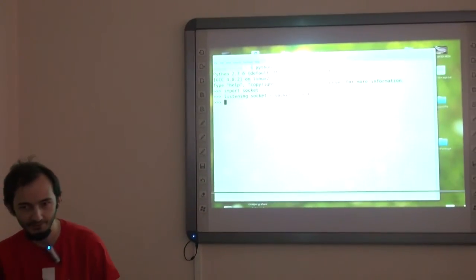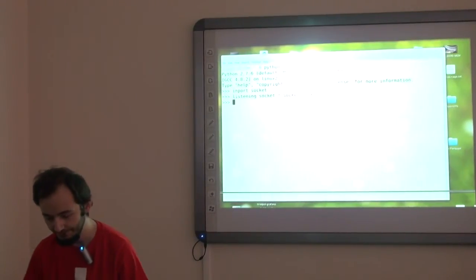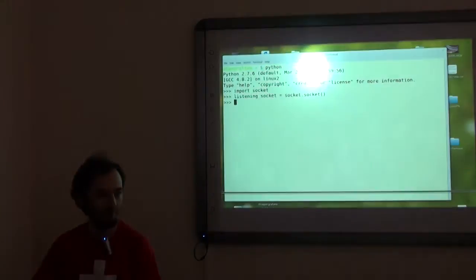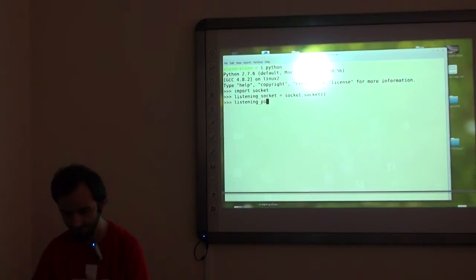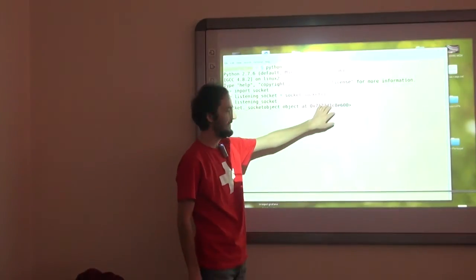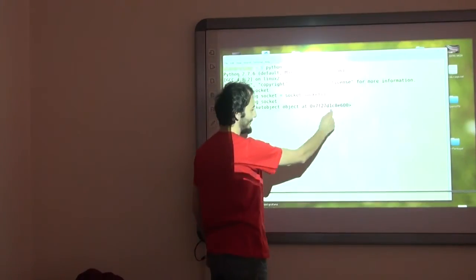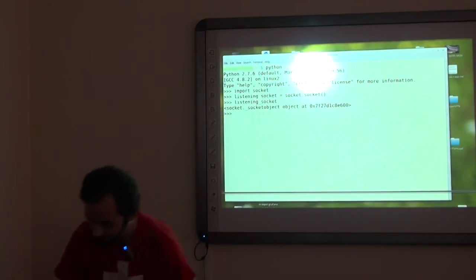It will use some default values, which happen to be good enough for what we are trying to do. And then you can check if this object is alive by just typing listening socket, and it says you have this object at this address. Of course, in your case, it will be some other address. It's not relevant right now.